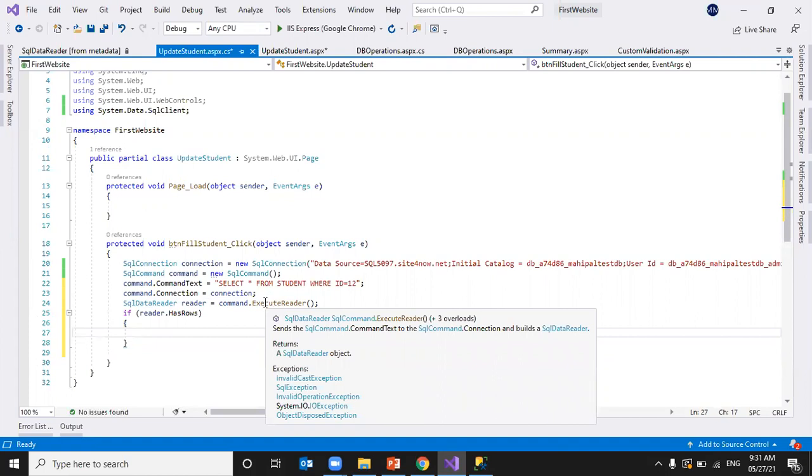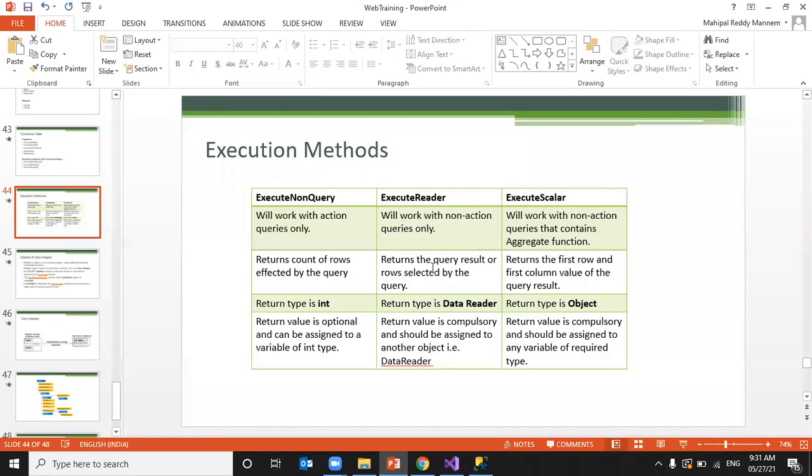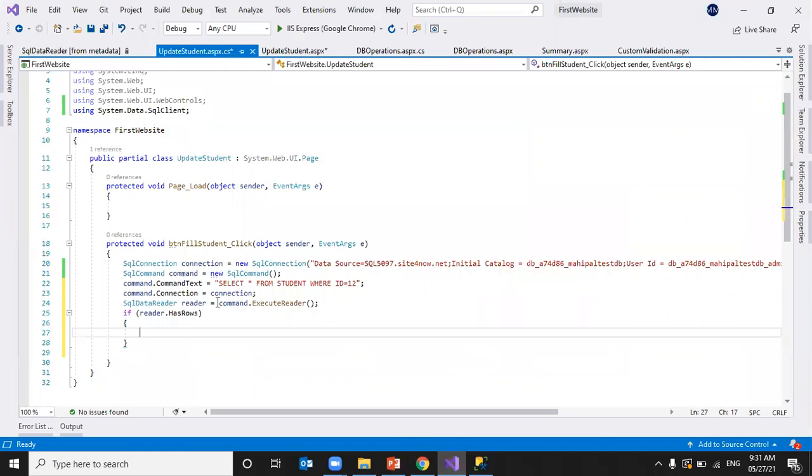So the reader will return the query result. Suppose I write select star from student where ID equal to 5, it will return the row, because I am returning only one single record with ID 5. That query result will be stored in the data reader, so I am checking here reader dot has rows.